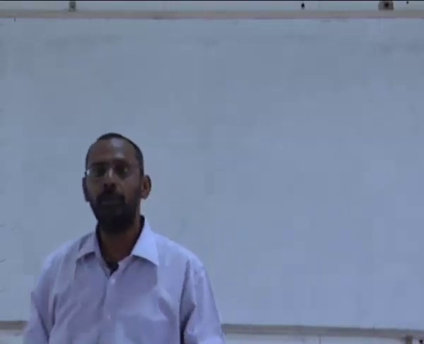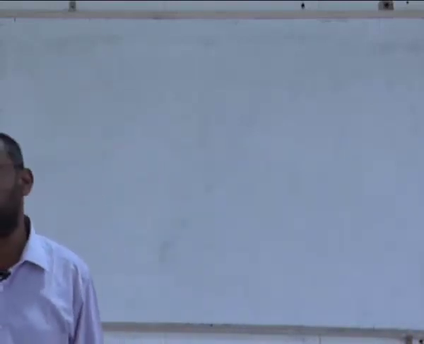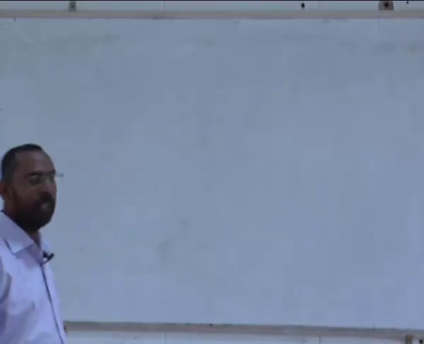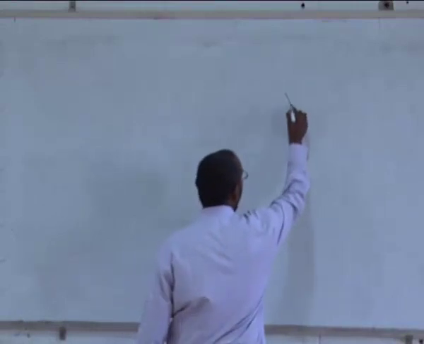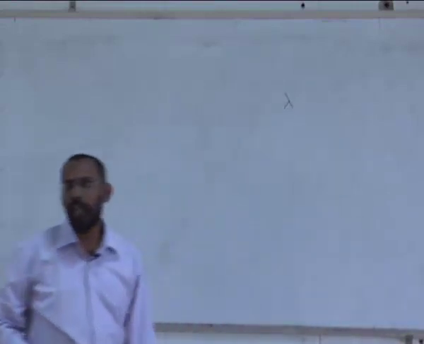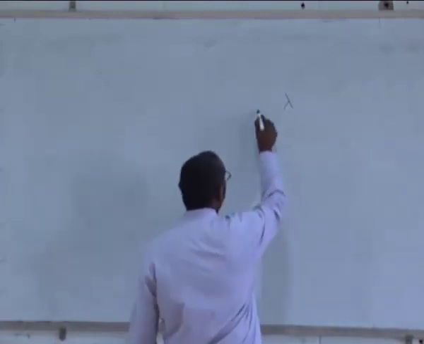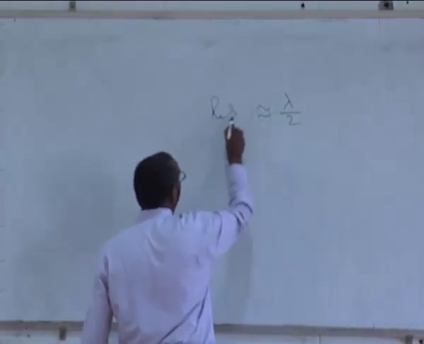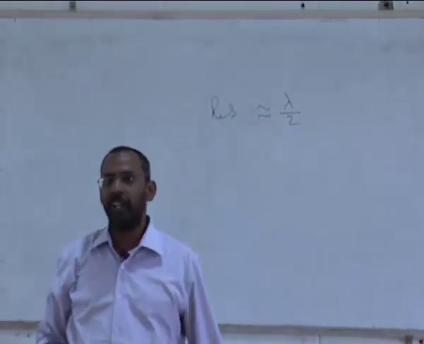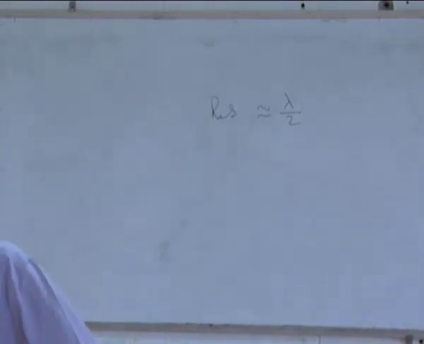Yes, friends, we have been talking about electron microscopy, the need for electron microscopy. We said the resolution of any microscope is basically governed by lambda. This is what in the last classes we have seen, where we said resolution can be approximately made equal to lambda by 2. And as a result, if you want to have a good resolution, you need to have a small lambda.